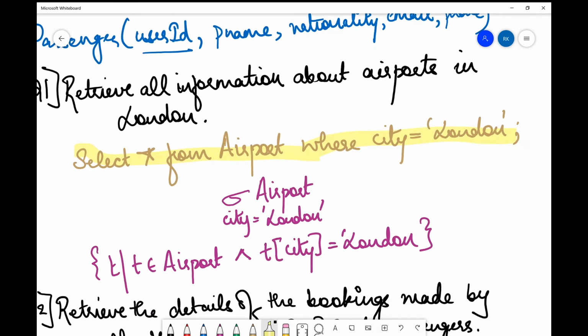Now, in relational algebra, when you are selecting something, you always come across this sigma symbol, or the select operator. So you're going to use this select operator, and then you're going to specify the table from where you need to select the records. Essentially you need the details about the airports, so you're going to select from the airport table, and then which tuples or records do you need? You need the records which have city equals London. So we just specify the condition over here, city equals London, and this will give you the details of all the records which have information about the airports situated in London.